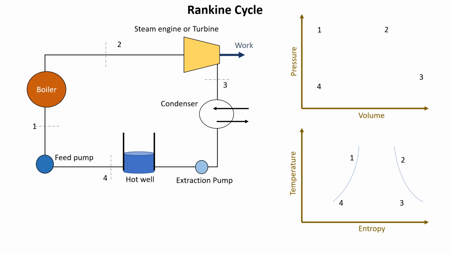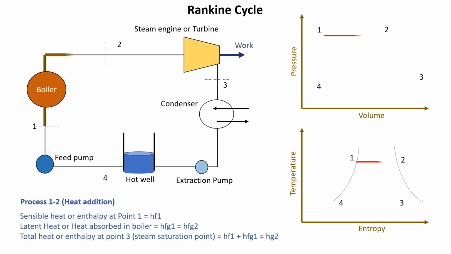So let's start. During the process 1 to 2, it is a heat addition process at constant temperature and pressure. Here the saturated water at point 1 is isothermally converted into dry saturated steam, which is represented by point 2. So we know that the heat absorbed during the process 1 to 2 is latent heat,